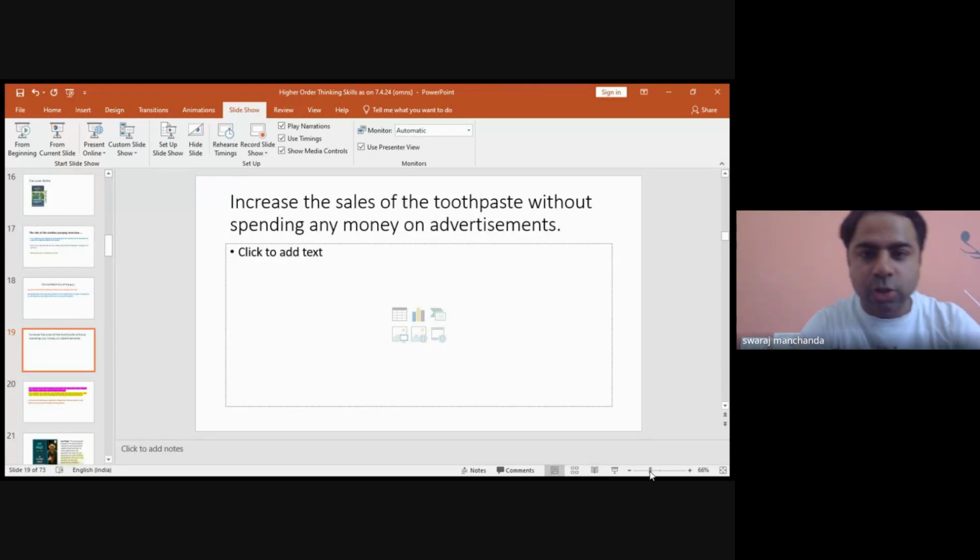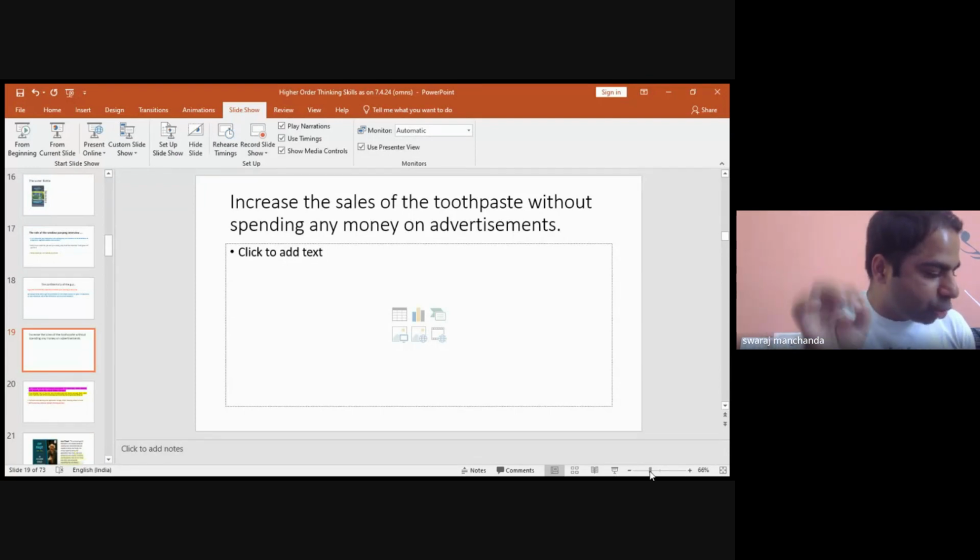Yeah. So he just simply increased the size of the mouth of the toothpaste tube and the lid. That's it. And in that, the sales of the paste started increasing because people were consuming more toothpaste at one time than they used to consume earlier without even knowing. The toothpaste started to be consumed more, started to sell more. Sales increased without doing any advertisement. He used simple mathematical logic: increase the diameter of the mouth of the tube.